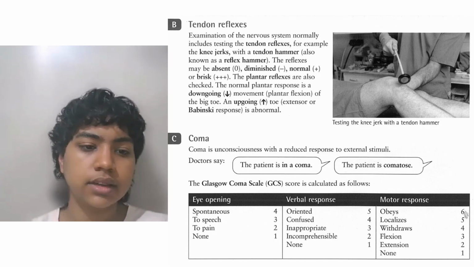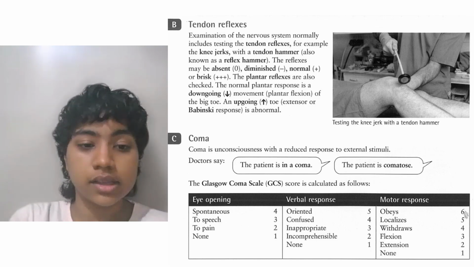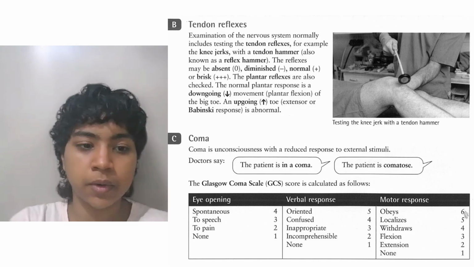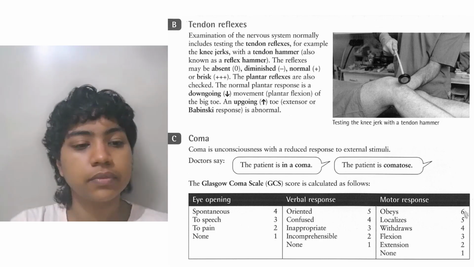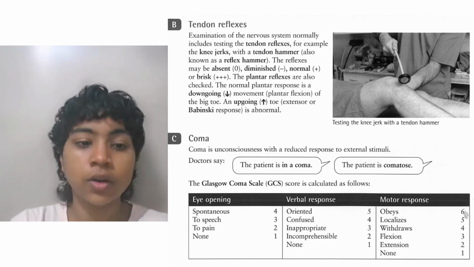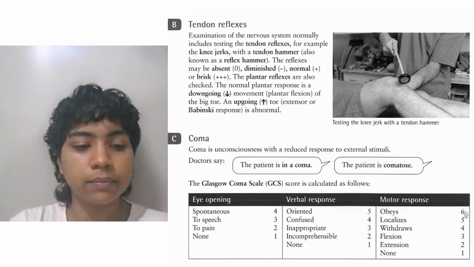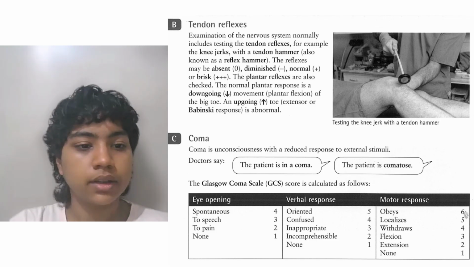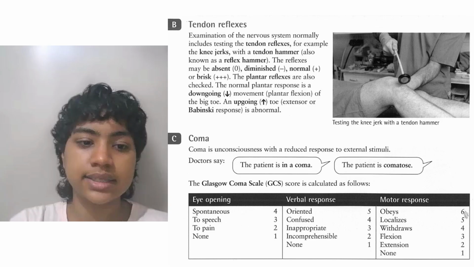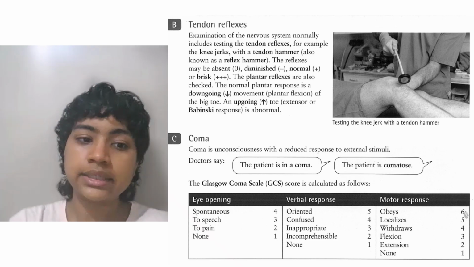Coma is unconsciousness with a reduced response to external stimuli. Doctors say the patient is in coma. The patient is comatose. The Glasgow Coma Scale (GCS) score is calculated as follows: